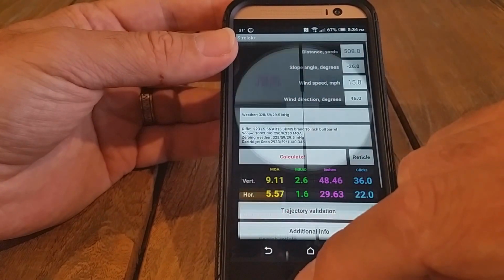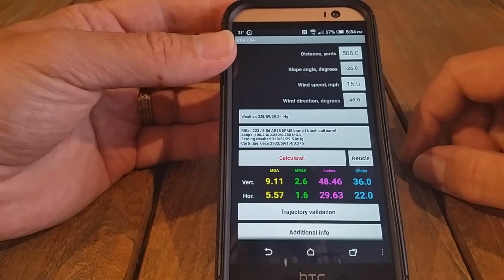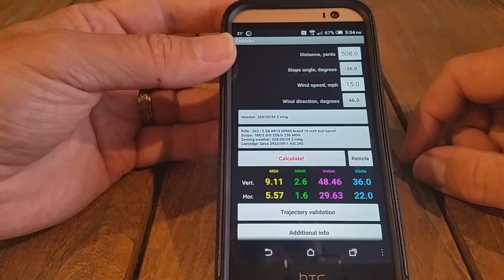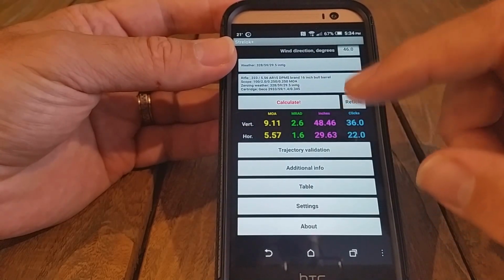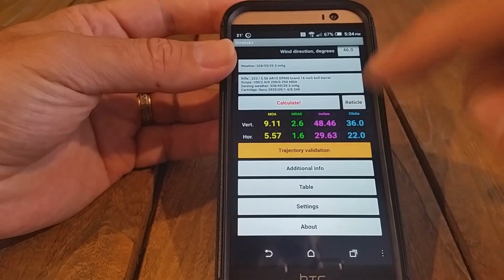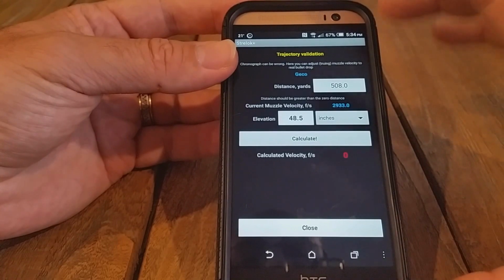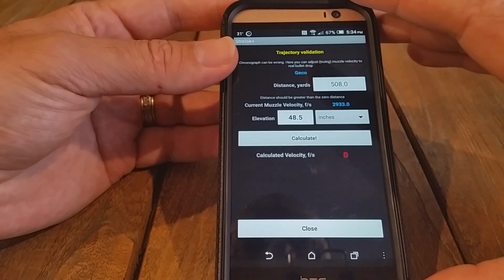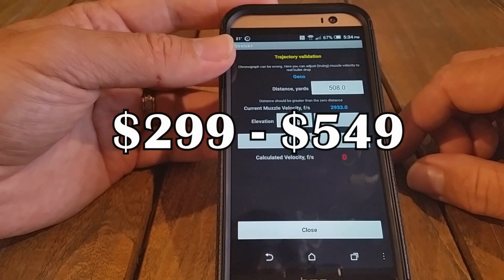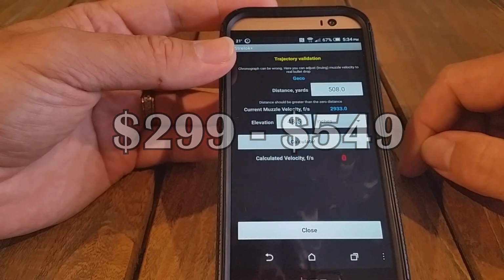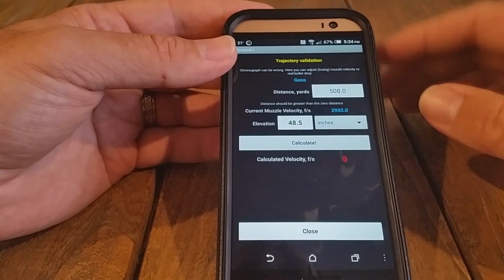So yeah, really handy, and it's a good way to sort of get your head around ballistics and how the bullets are behaving when you're first starting out and trying to get your head around things. One of the features of the Strelok Plus is trajectory validation. So this actually figures out how fast your bullet is traveling for you. So you can either go out and buy a chronograph and set up and drop a bit of money on that, or you do what I did and pay the $9 odd for Strelok Plus,